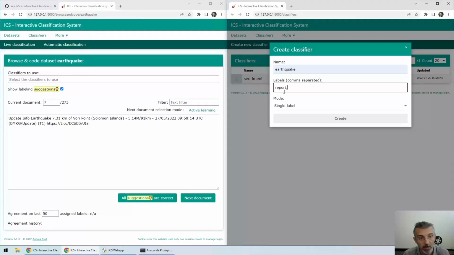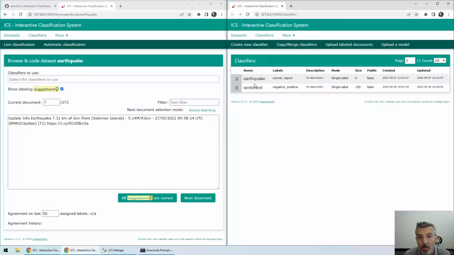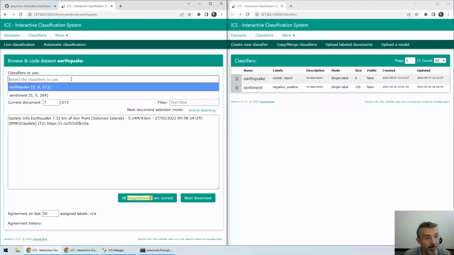So if a tweet is like this one, it's a report about an earthquake. And then I will just add a non-relevant label right now, and then we will see if we can do something different, change other labels or change them. So now we have this earthquake classifier, and if I move back to the browse and code interface,